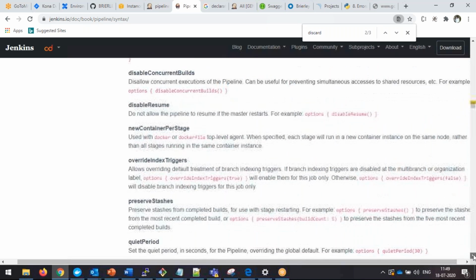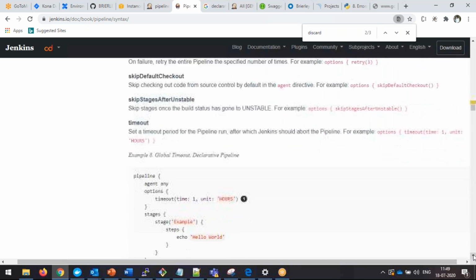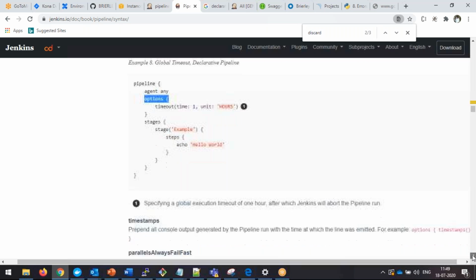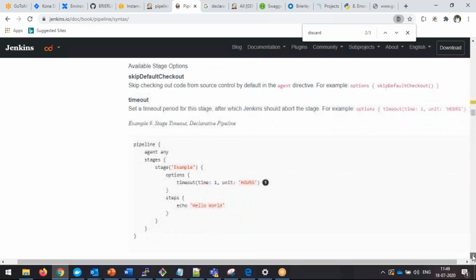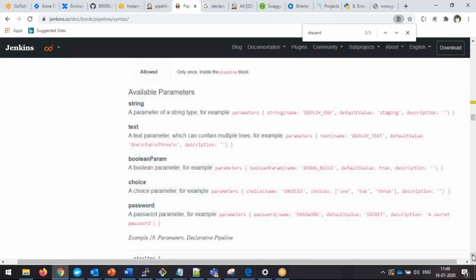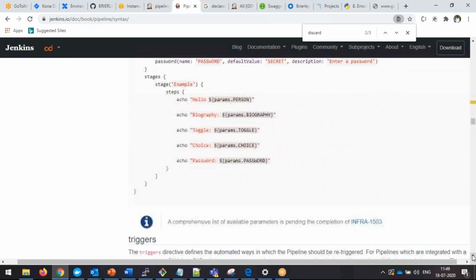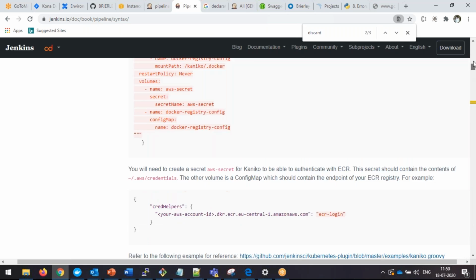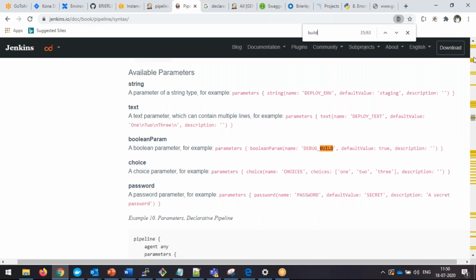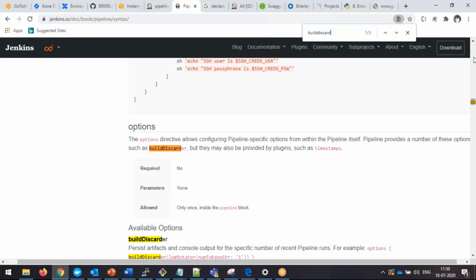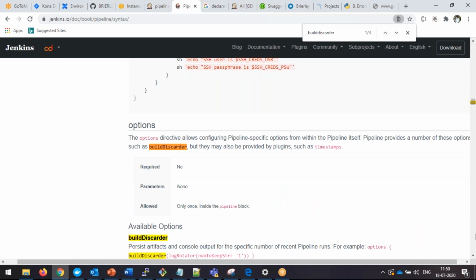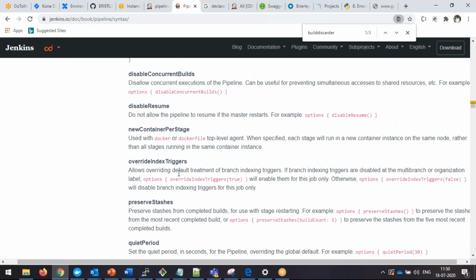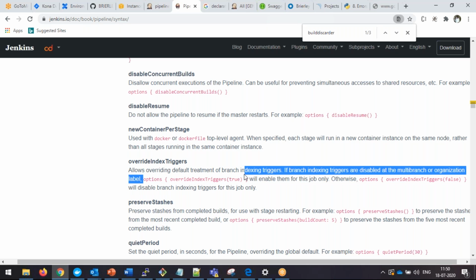So here you can see the other properties of that particular thing. Then here you can see in the options is the section. Inside the options, we are going to use the discarder, build discarder. That is timeout option. This is parameter. So for the build discarder, they are not given an example here. So if you want to use the build discarder, this is the option. In the options section, we are going to use